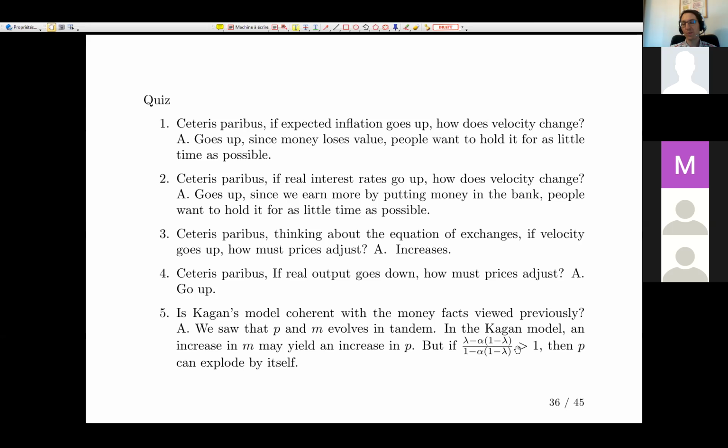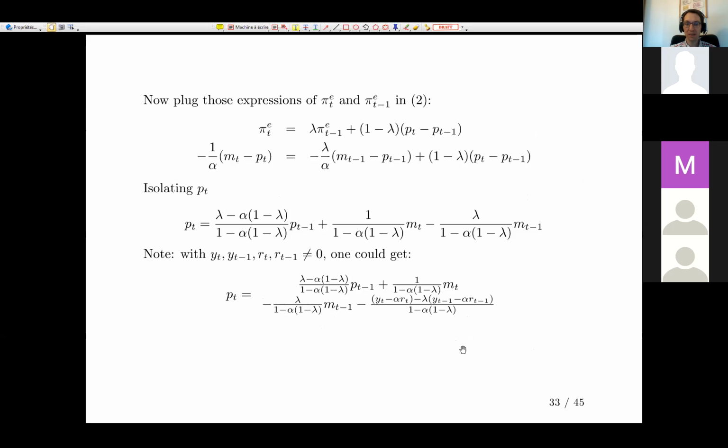coefficient for p_t minus 1 is close to 1. Why? Because imagine that m_t equals m_t minus 1, and still, if you had a higher price yesterday, it would mean a higher price today and a higher price tomorrow and the day after that, and you could get an extremely quick increase in prices that would just be driven by expectations. So it's a bit like any asset bubble. It's an asset bubble, but for prices.